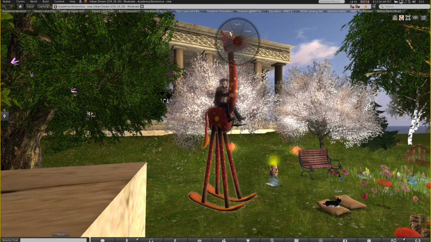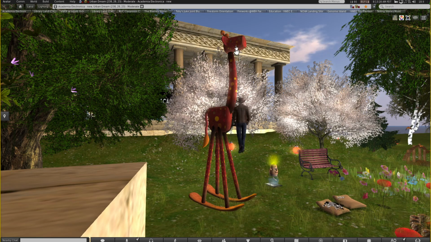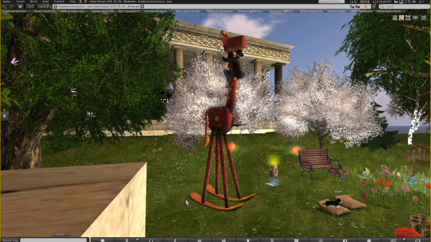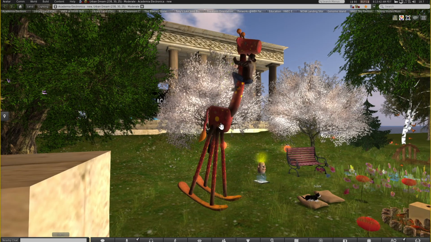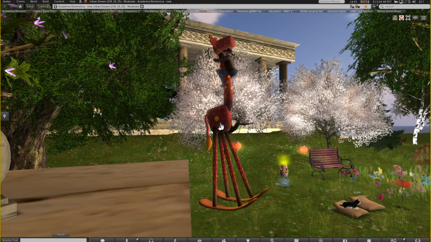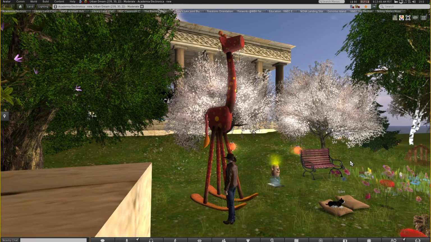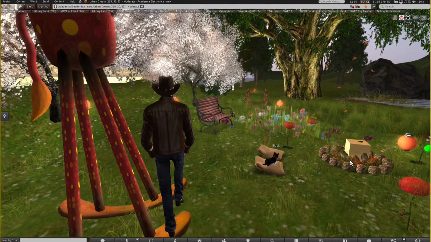I can actually, well, stand up. I can sit on the giraffe's head as well, or can I hang around the giraffe's neck? Yes, alright. Well, if I touch it, the giraffe is going to swing. So, well, I don't know. It's some of those silly little things that make us happy, I suppose. Alright,